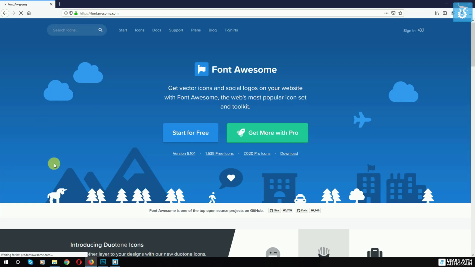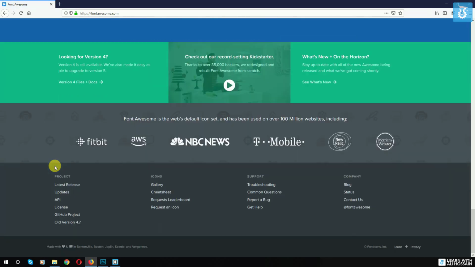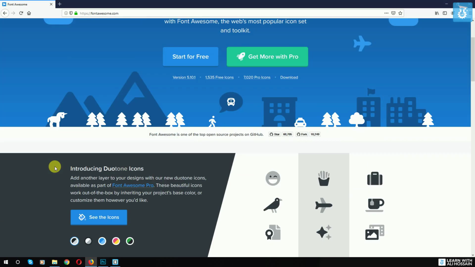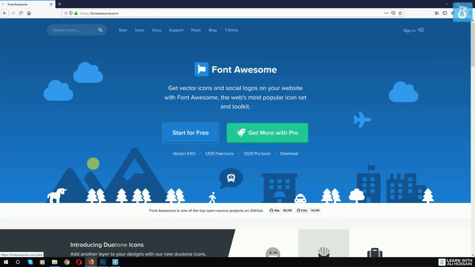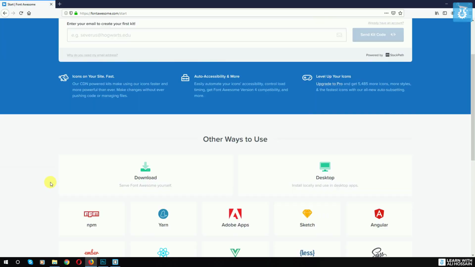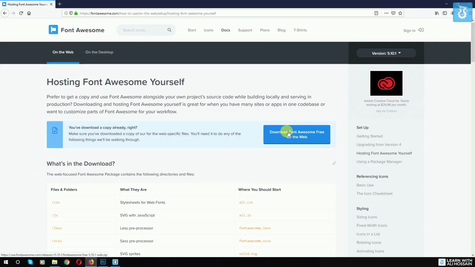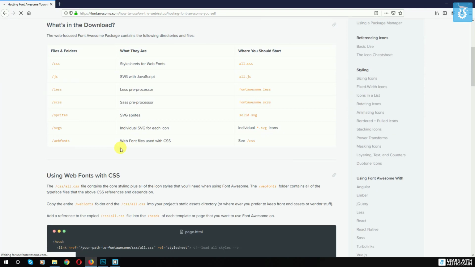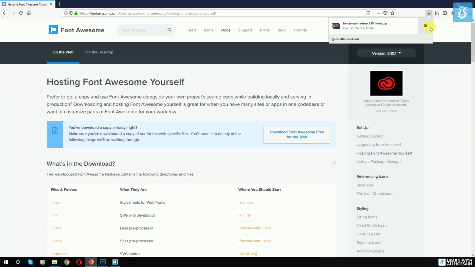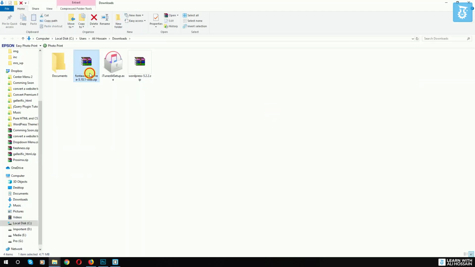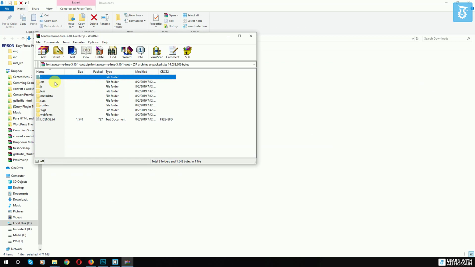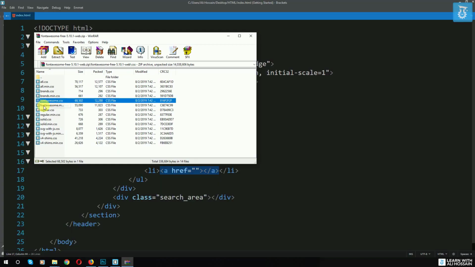This is the Font Awesome site. As you can see, you can use Font Awesome in many ways, and for doing that I will click here start for free. You can also purchase the pro version if needed. Okay, and then I will download Font Awesome. Download Font Awesome free for web. I will click here. Okay, and then I will click OK. Okay, I will open the folder, and this is the Font Awesome file. So as you can see, here I have a file called